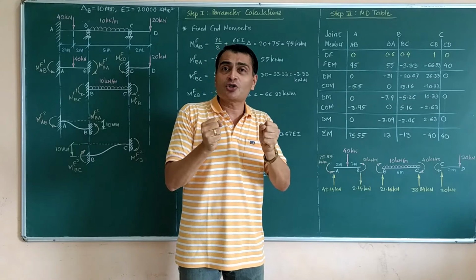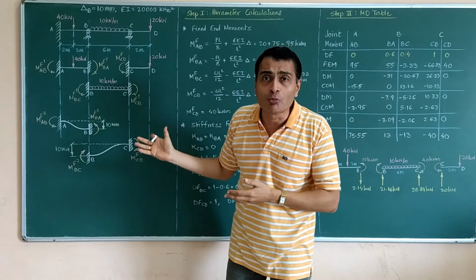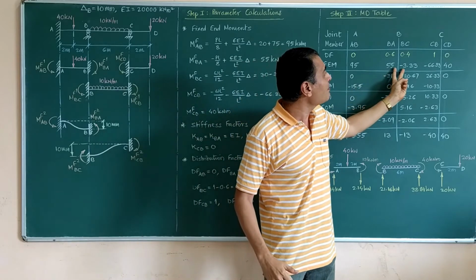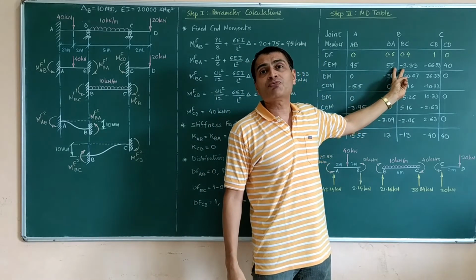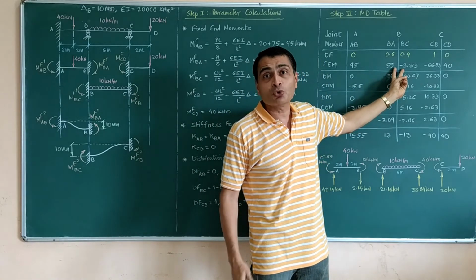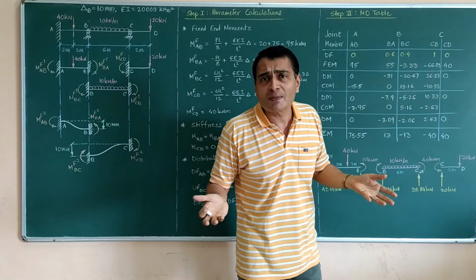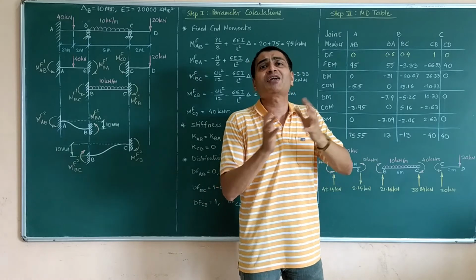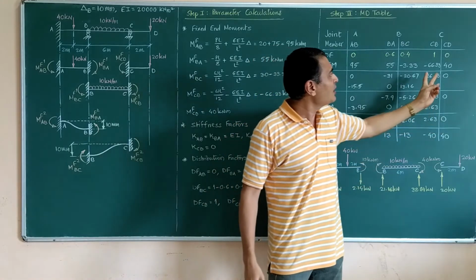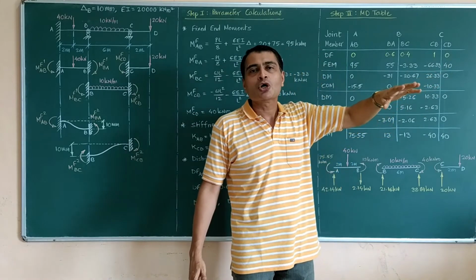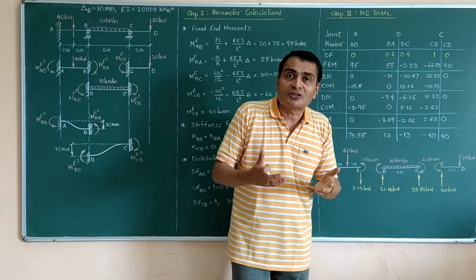We have restrained the joints, that's why fixed end moments. So when I restrain the joint, I observe there is an imbalance here. I am not getting 55 and minus 55. That is how it should be: 55, any arbitrary figure I am choosing, I should get x and minus x, like that. Similarly, I am not observing balance here. So I try to balance.